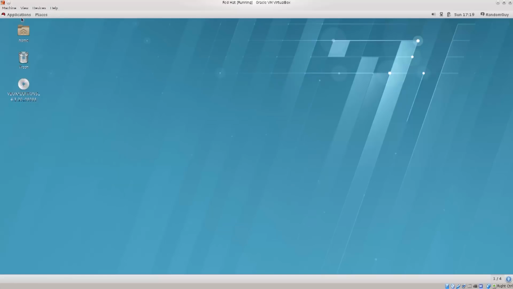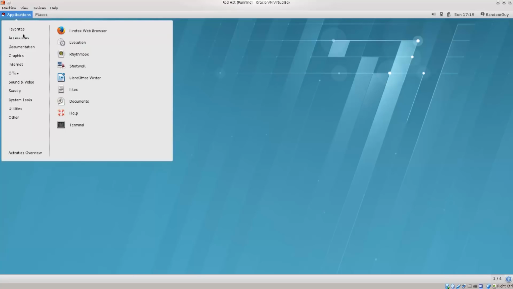So just go ahead and close this and go back to applications, and now you have categories of applications. So you have favorites, and these really are pretty much the most used applications in pretty much